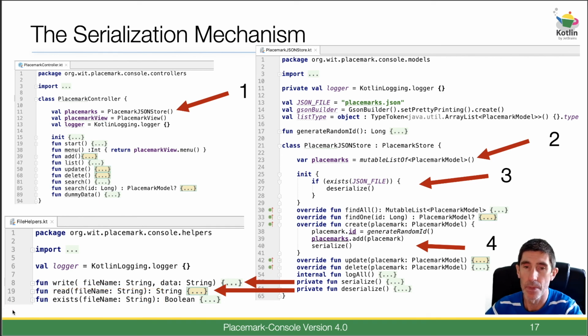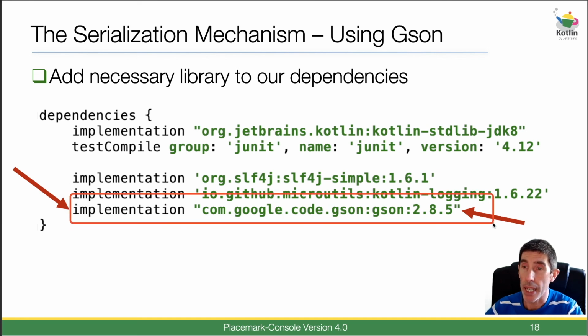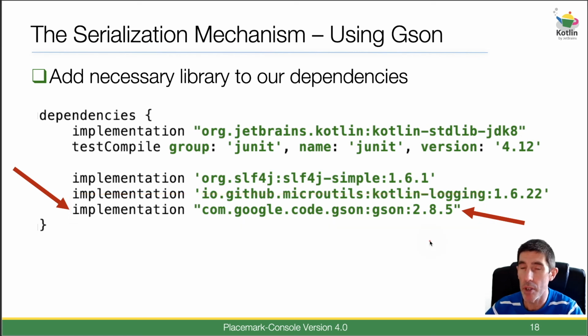Okay, so in terms of the dependencies, we have the main one there. So there's our Google's JSON. At the time of writing, the version was 2.8.5. That may be a little bit different if and when you come to do the lab, complete the lab. But as you know yourself, it's just a simple case of changing the version numbers, and actually Android Studio will prompt you to and suggest what's the latest version. Okay, so that's the one change you would need to make in your application to allow us access to that